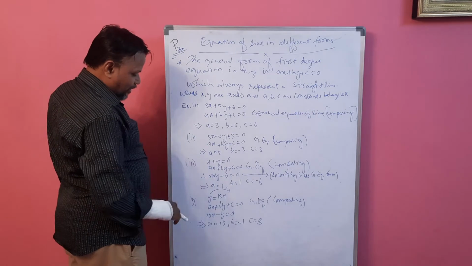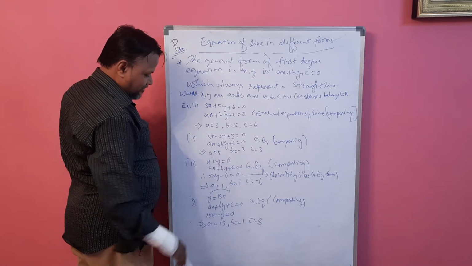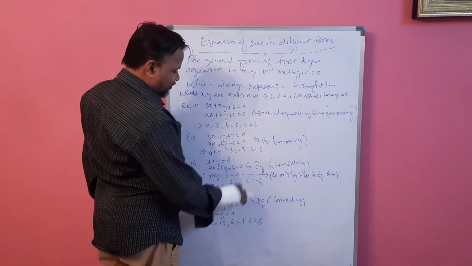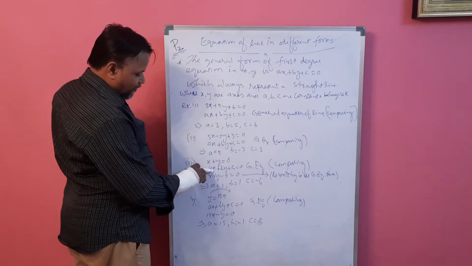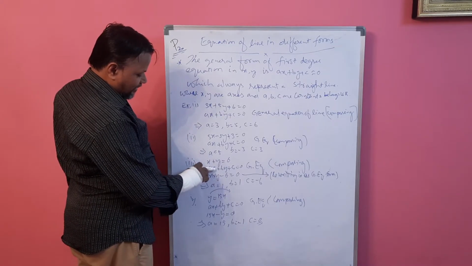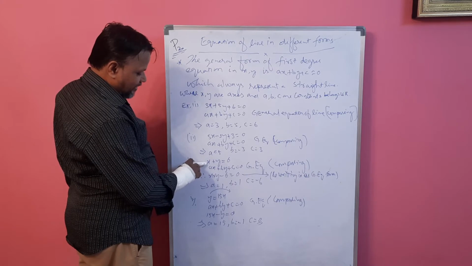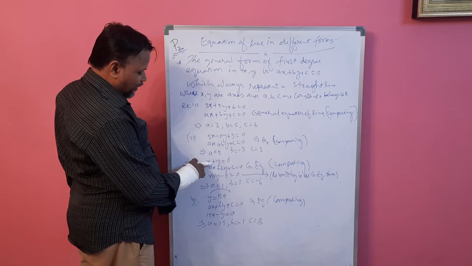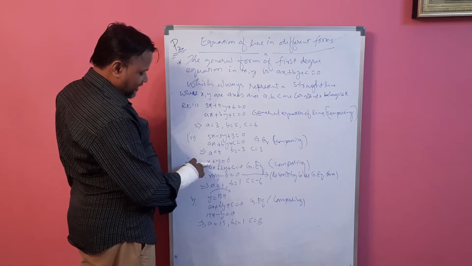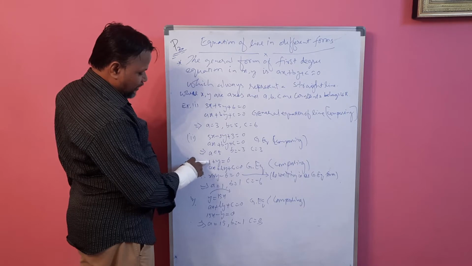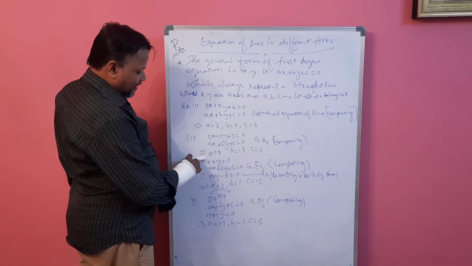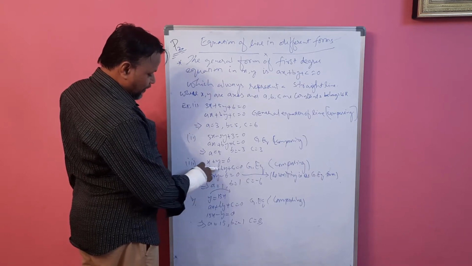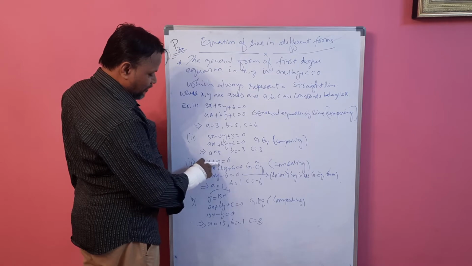Now see another example. x plus y equal to 6. We know that ax plus by plus c equal to 0 is the general equation. Now again compare it. Here, coefficient of x as a. Nothing is written, that means 1 is there. If a number is not written but the x variable is there, then we can take 1. 1 into x is x. So a value is 1. The b value is again 1 because no value is written.